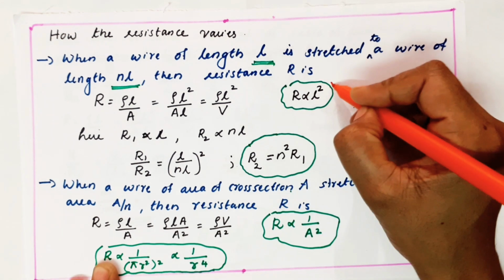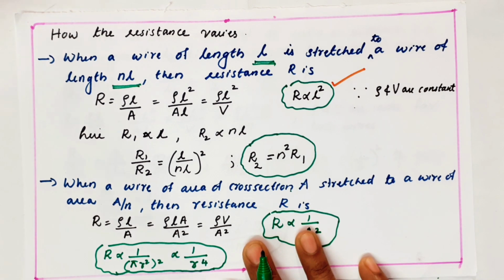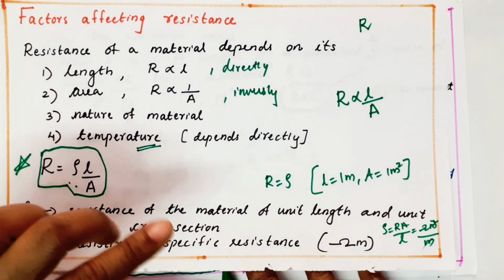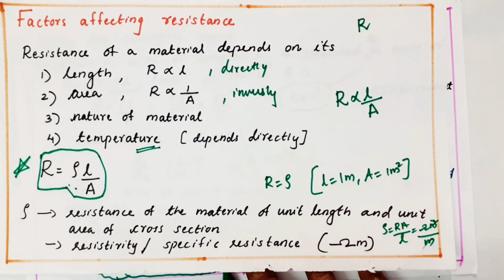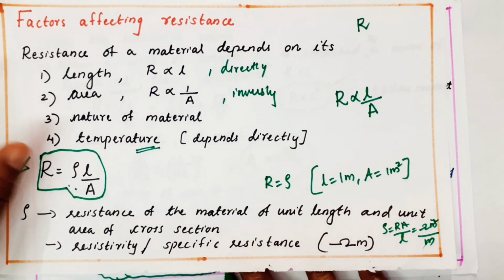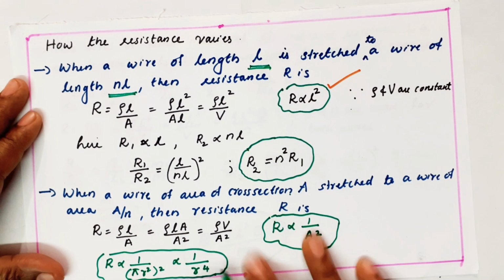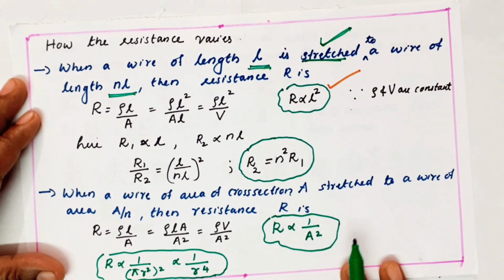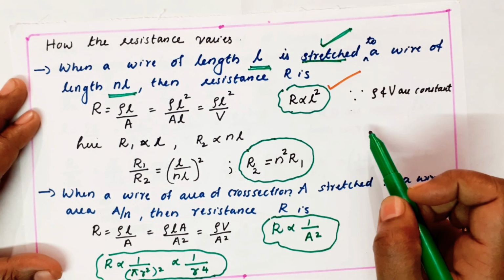It's a very important question for competitive exams and for other exams. R proportional to L square. Just now only I told R is proportional to L. You people will get confused about what I am telling. So this is there, R is equal to rho L by A. If they are given directly, a 10 meter wire is there, and after that a 20 meter wire for the same material, what will happen? Directly proportional. But in the question, if the word stretched is there, you should be careful. In the stretching case, R is proportional to L square.